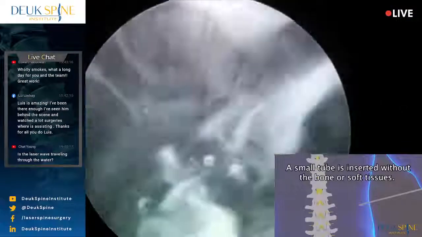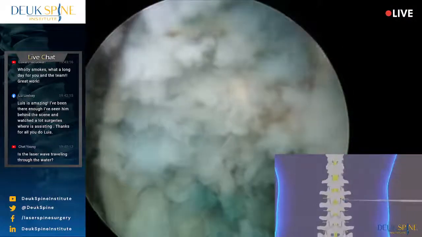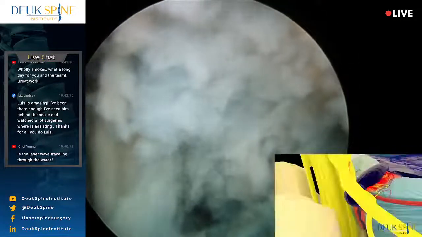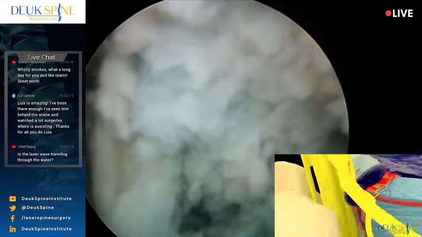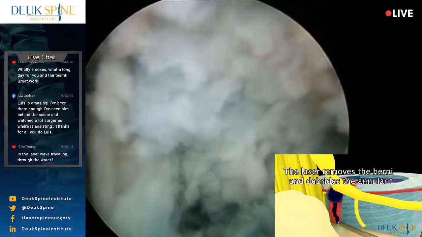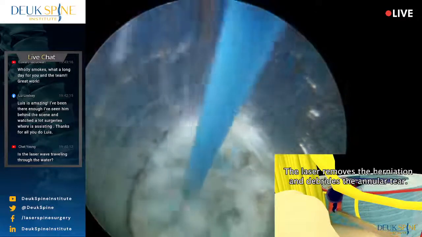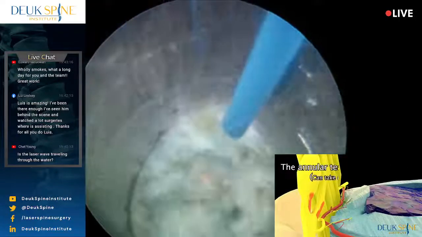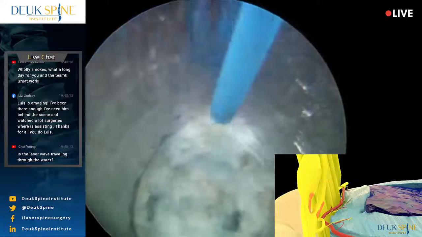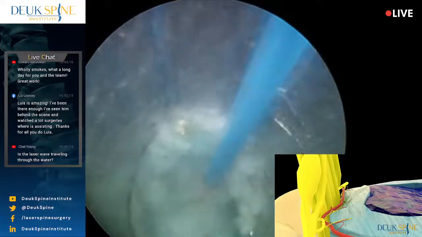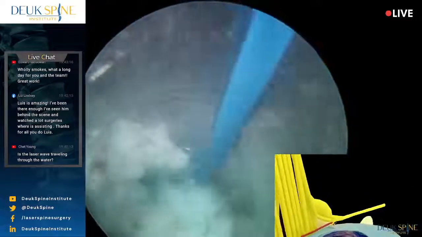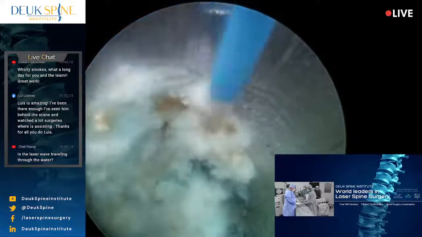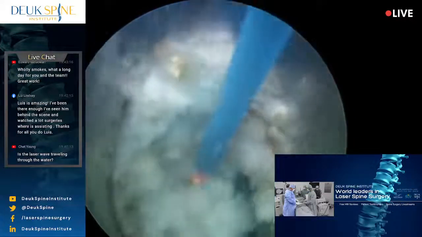A small tube is inserted without damaging the bone or soft tissues. The laser removes the herniation and debrides the annular tear. The annular tear heals on its own. If you have a herniated or bulging disc and back pain, submit your MRI for our